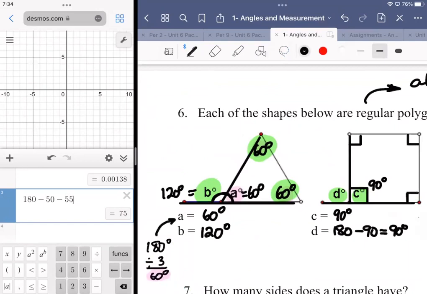If I draw an exterior angle at each vertex, I'll draw one here, just a single one. You don't need to do more than one. All right, I'll do one here. That doesn't look like much of an exterior angle. Close enough. In each case, you're going to get 120 degrees for that exterior angle,